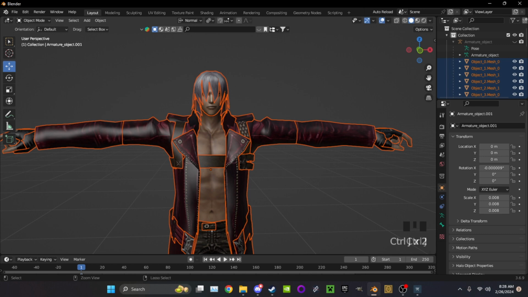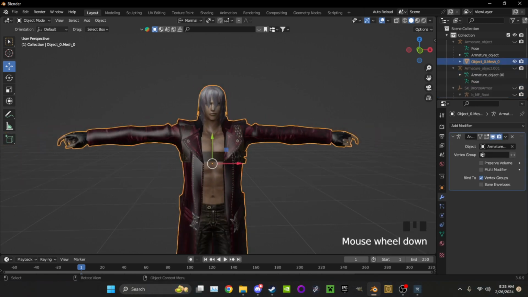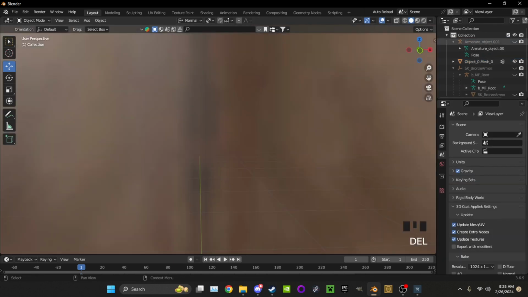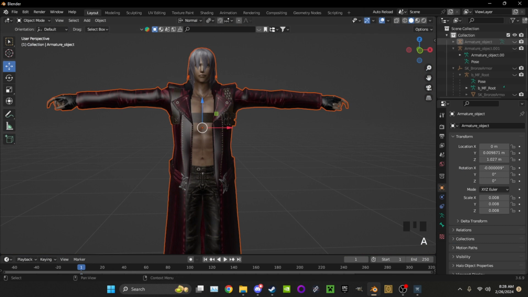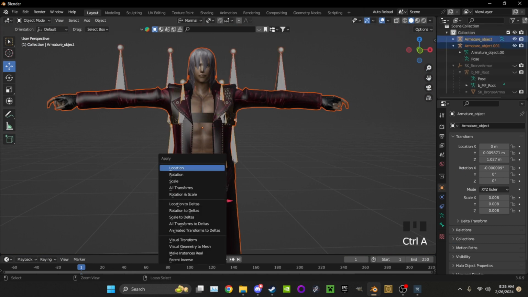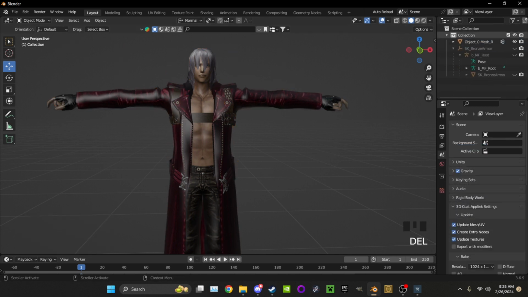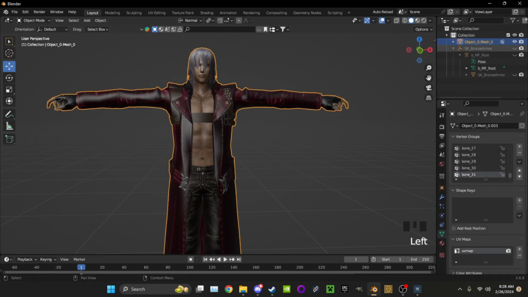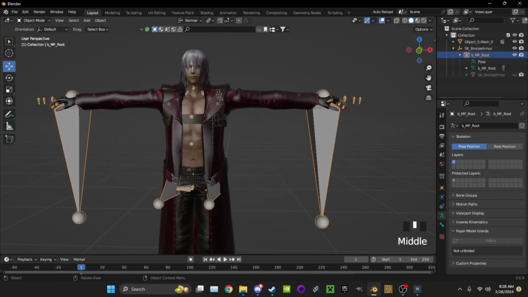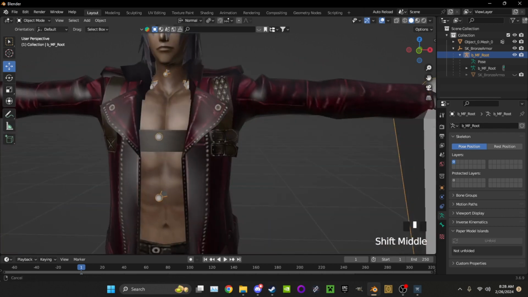Control J. A, Control J. Apply. Unhide these. Control A. And then you can delete the armatures now for that. Unhide the armature for the original. And then, what you want to do is